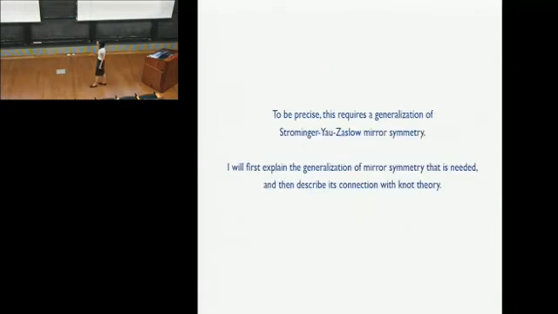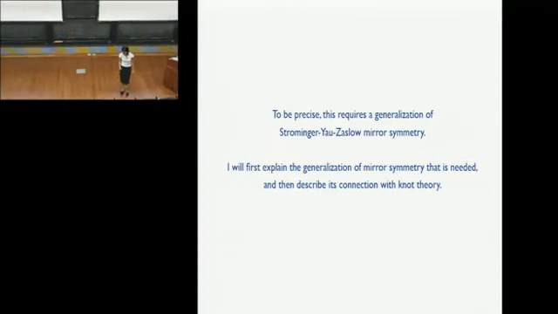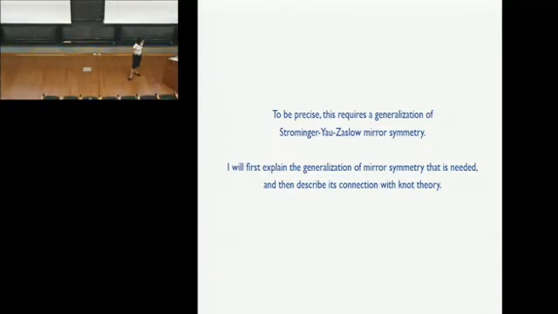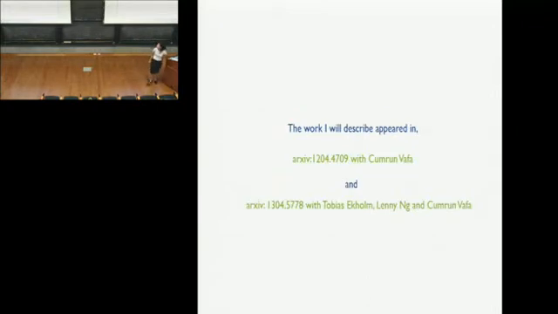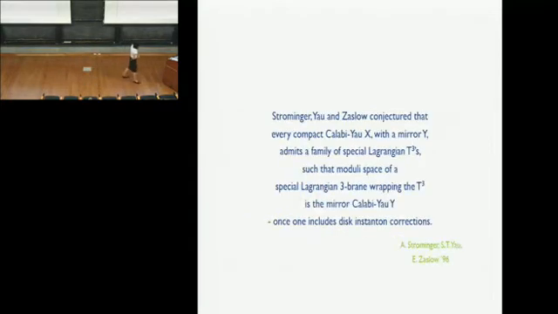Now, to be precise, this requires a generalization of Strominger, Yau, and Zaslow mirror symmetry. And I will first explain what the generalization is, and then explain what it has to do with knot theory. And finally, I'll explain yet another dual viewpoint on the whole problem, which should be very, very powerful, and which we call the D model. Now, this is joint work with Cumrun Vafa and also with Tobias Ekholm, Lenny Ng, and Cumrun. Okay, so